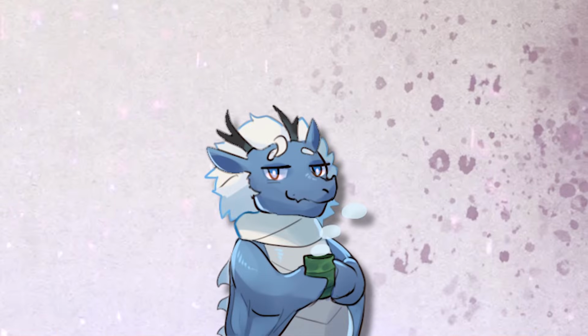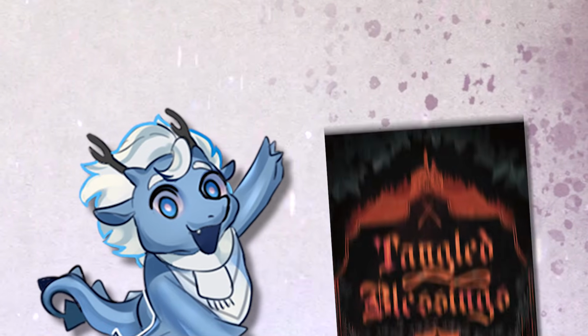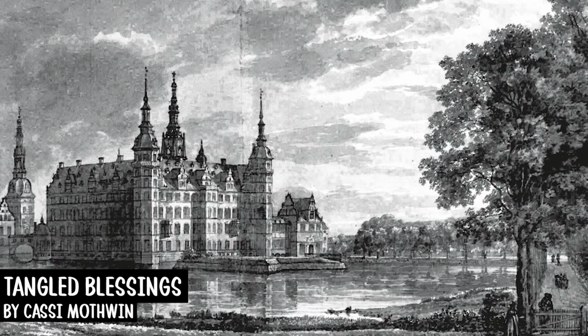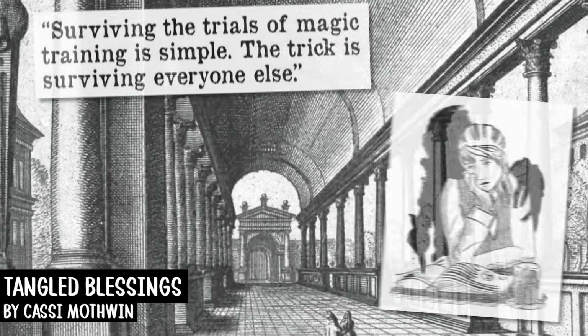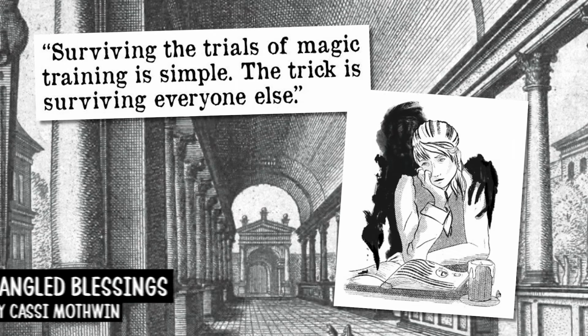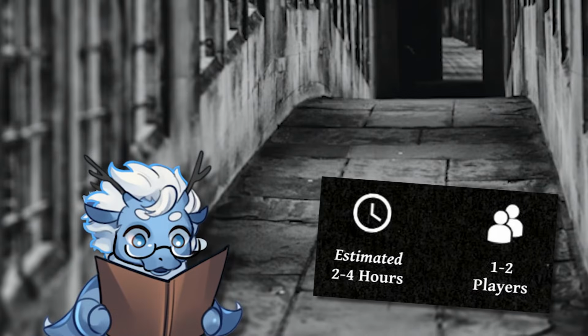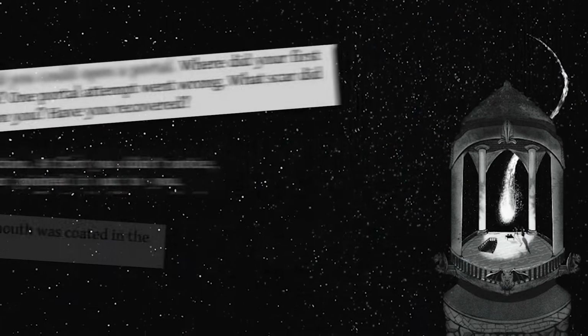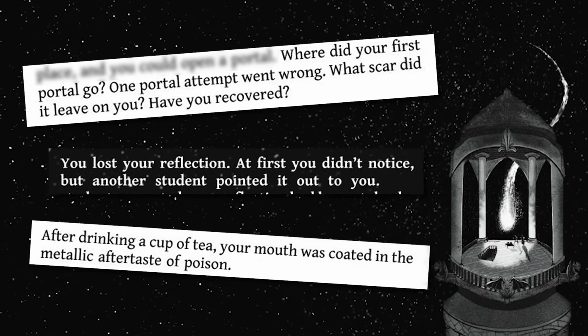Right now, my personal favorite duet TTRPG is Tangled Blessings by Cassie Mothwin. It's about 2 rival students in a magical academic setting, and you play through 4 years of a twisted, cursed curriculum. The back cover says 2 to 4 hours, but my friend and I spent closer to 20 hours, playing through a handful of story prompts that made our characters more tragic,